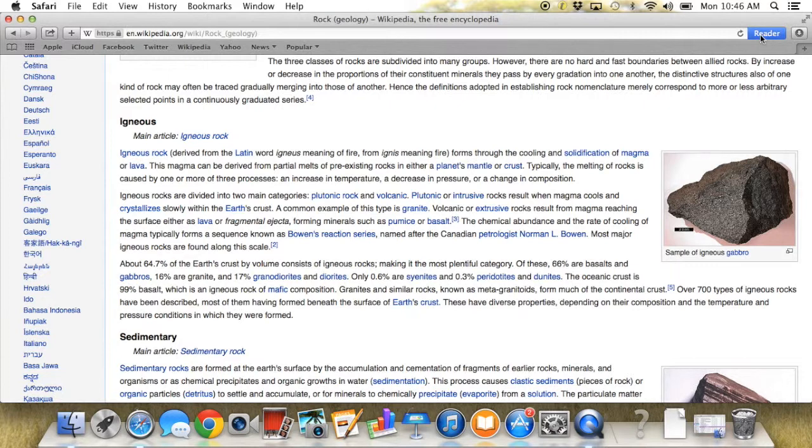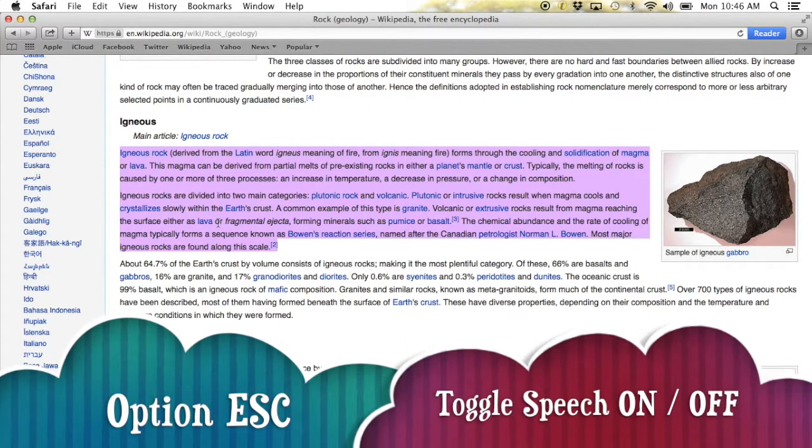Now, to talk about having Safari read to you, you can take a little break from all the reading and just plug your computer in and let Safari do the work. Simply highlight the text that you would like to have read out loud, and then hold down the